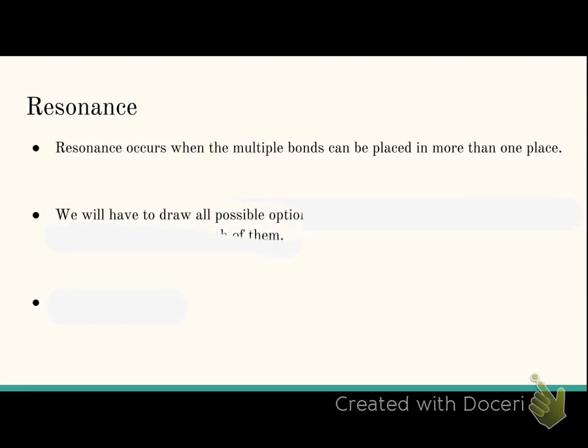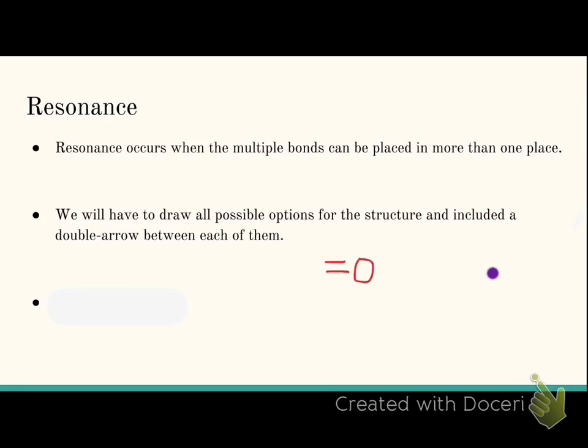So we have to draw all options for that. For the SO2, we would have wanted to draw it like this, and we would have wanted to draw this option